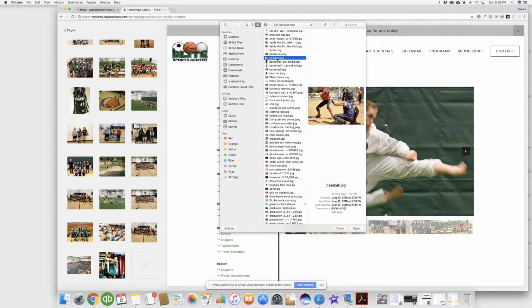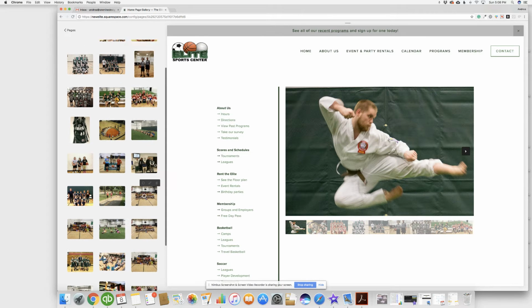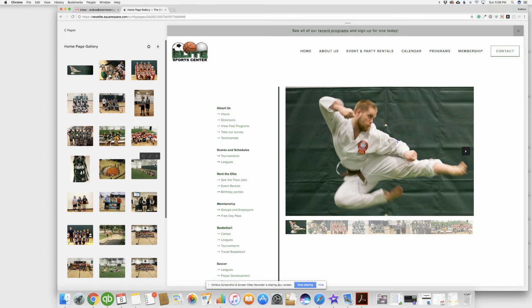And when I click on baseball, I can see a preview of my picture, and I'm just going to say open. And just as simple as that, it's going to pop that baseball picture into this particular gallery, and it's going to update the gallery block on its own. It can take a minute depending on the size of the photo. You can also, of course, rearrange the order of the photos very simply. So if I wanted this parachute picture to be the first one in the gallery,